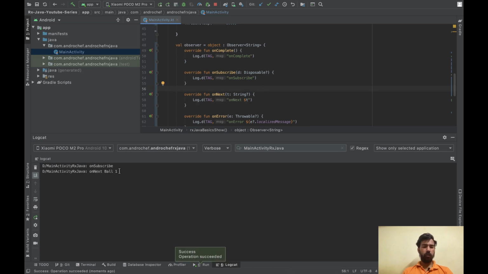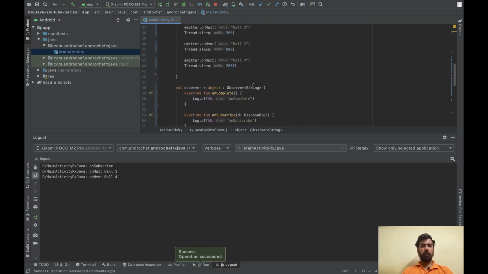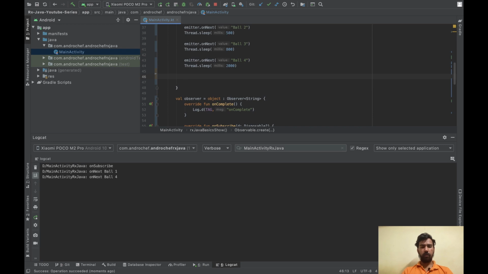So we have ball 1, and then we will have ball 4. We didn't call onComplete, so we will add our onComplete. Now hit again. Yeah, ball 1 is there, ball 4 is there, and onComplete is there.